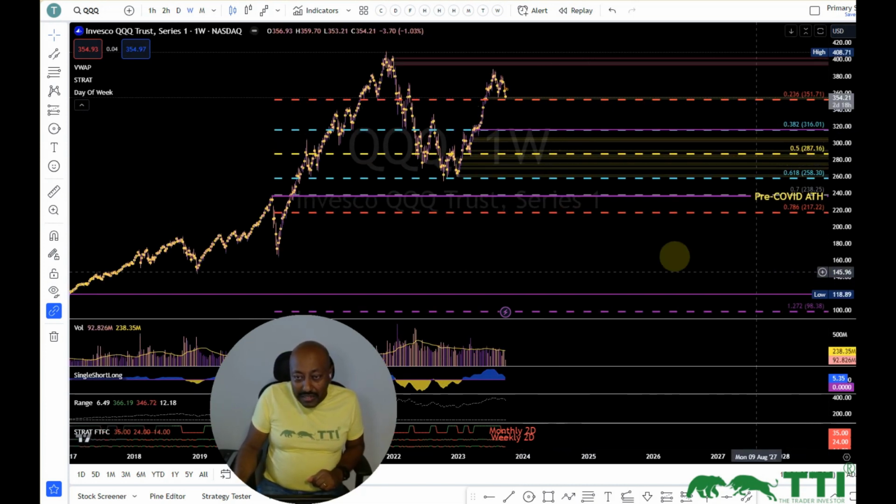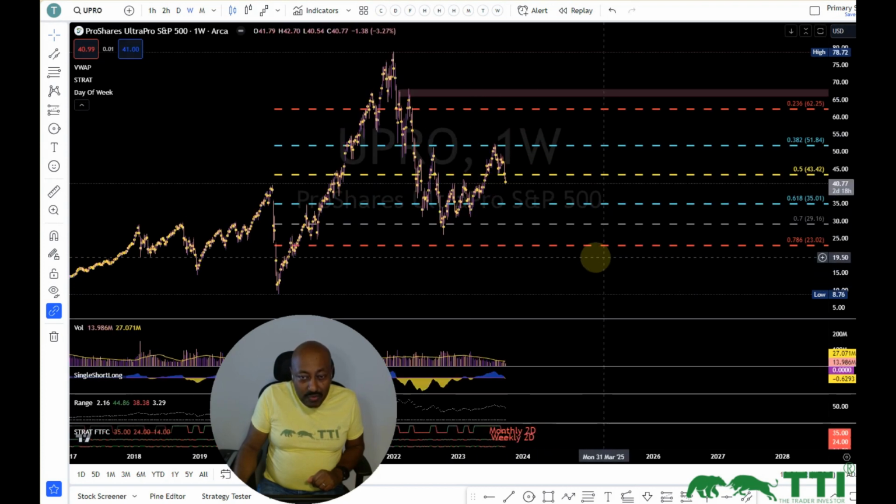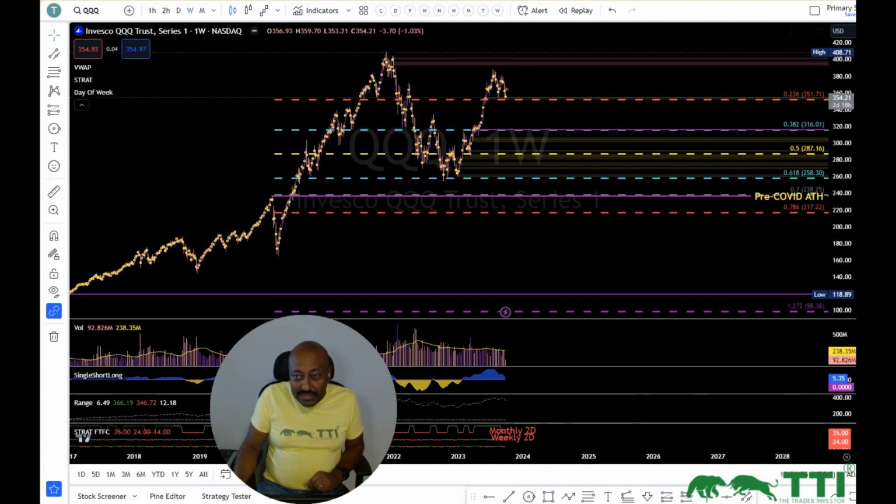However, my point is, since the Qs tested the 61.8, if the SPYs also give us that opportunity somewhere down here, we can use a leveraged ETF, because at that point, that could be somewhere close to the 15 to 20 range for UPRO, and it would be very easy to catch a triple from there. So, with that said,